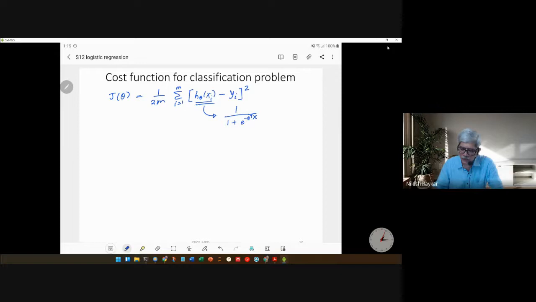So if you do this particular operation and you plot the J theta versus any of the thetas, theta 1, theta 2, or theta 0, you will find that the cost function is not parabolic the way we get in linear regression, but it is of this type which has multiple minima. So if you use this function with the hypothesis function as logistic function, you will get a multiple minima type of situation, and we need to reach the global minima, which is our requirement.